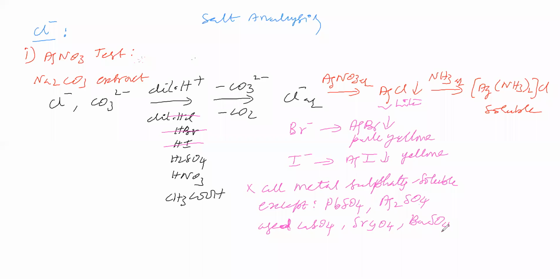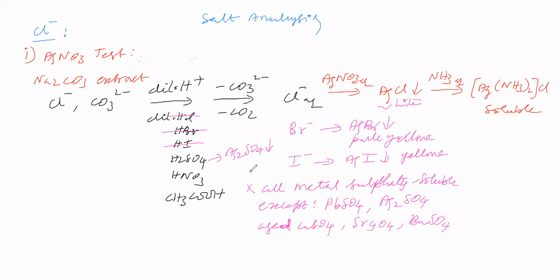These are insoluble. So all metal sulfates are soluble in water. What is the exception? Lead sulfate, silver sulfate, aged calcium sulfate, strontium sulfate, barium sulfate are insoluble. If you add dilute sulfuric acid, this sulfate will take Ag plus and give Ag2SO4 white precipitate. Here for testing Cl minus, we are getting AgCl white precipitate. This added sulfate is giving a white precipitate, in the sense it will give a wrong result. You are asking what is aged calcium sulfate? Aged calcium sulfate means old sample. Old sample is called aged calcium sulfate.